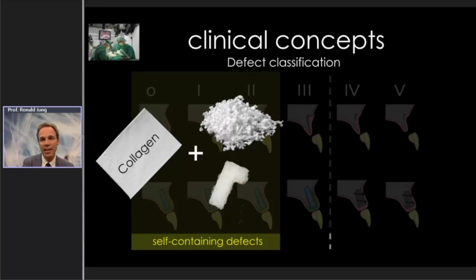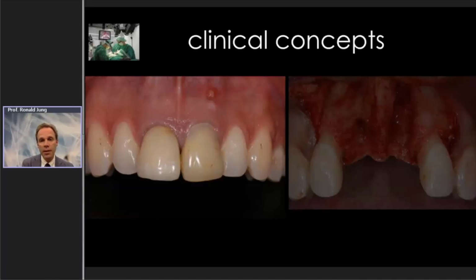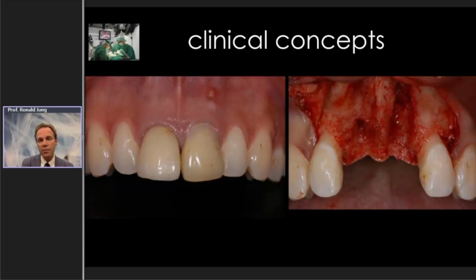Here I would like to share with you one of these cases. It's a case of a young gentleman who is going to lose his 2 central incisors. So this is really a challenging aesthetic case, losing these 2 central incisors in a young patient. After tooth extraction, 6 weeks later, the implant placement took place. And we can see there, where we had the fistula, a significant bone defect, and on the right side, a small dehiscence defect.